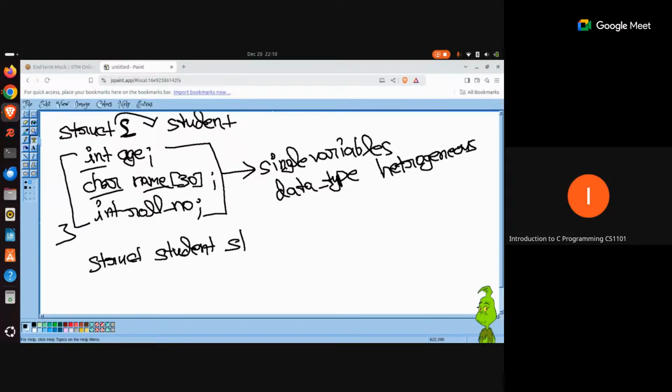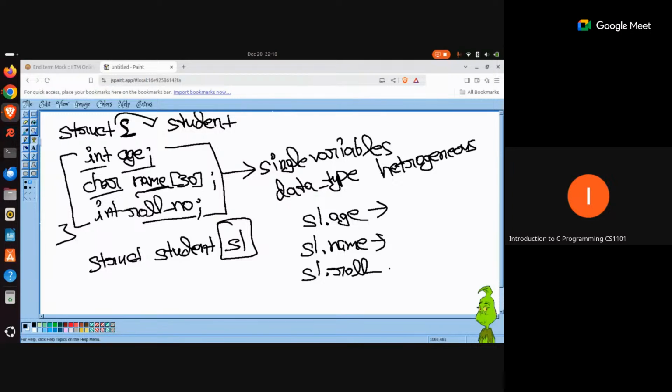The moment you do that, this S1 variable has access to 3 different properties. One is age, one is name, the other one is roll number. That means you can say S1.age is going to give access to the age. S1.name is going to give you access to the name, and S1.roll number is going to give you access to the roll number of that particular user only.